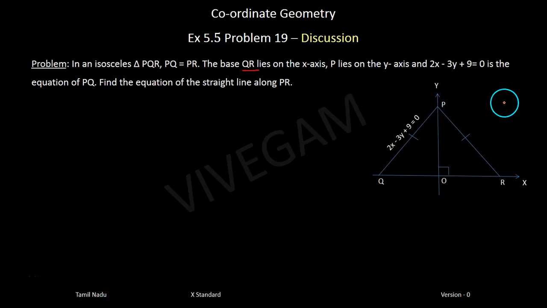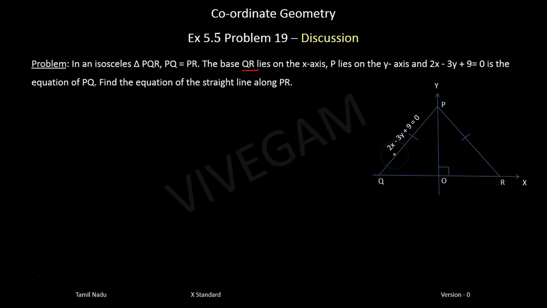So let's draw it. First draw your x-axis and y-axis. P is a point on the y-axis, so mark that point. Then they say QR lies on the x-axis. It can be from here to here or here to here, but how do we fix it? QR lies on the x-axis, PQ equal to PR, which means it's an isosceles triangle. So make the origin the center point and draw this QR. Now join your PQ and PR,